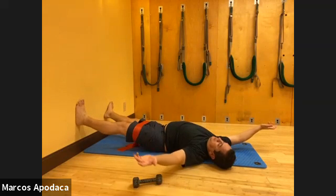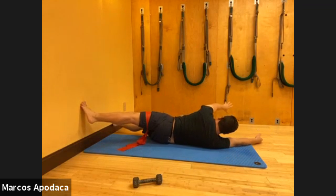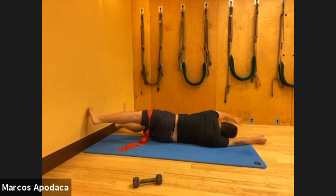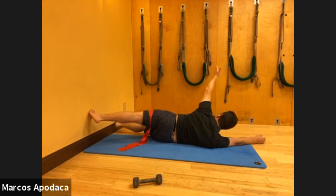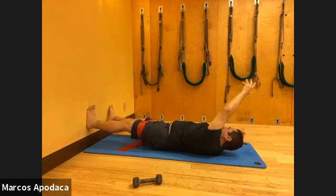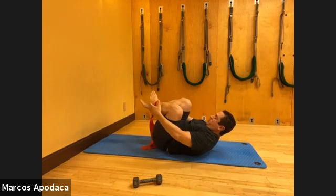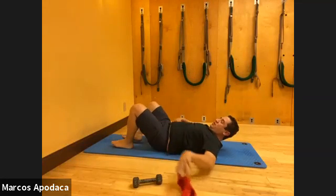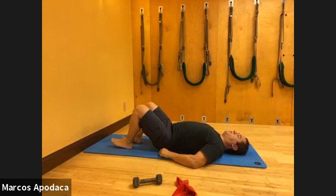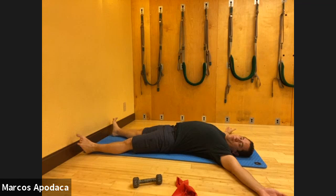Side bend left arm up to the ceiling, and then you roll onto your right side. And then lift, lower. 1, and 2, one more, reach through that leg, and 3, and then you reach through your leg and come back. Now remove your strap, remove the strap and put it to the side. And now do one more without the strap, without the wall, just by yourself. So now you're away from the wall, arms out, side bend to your right,